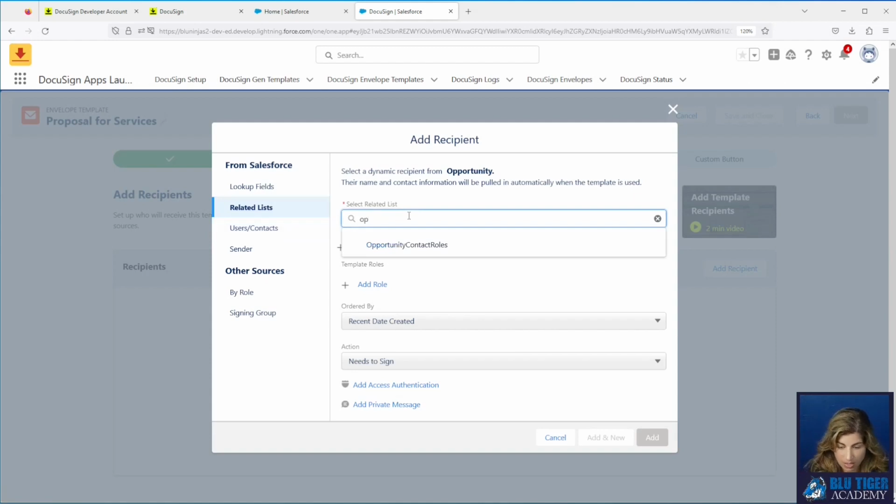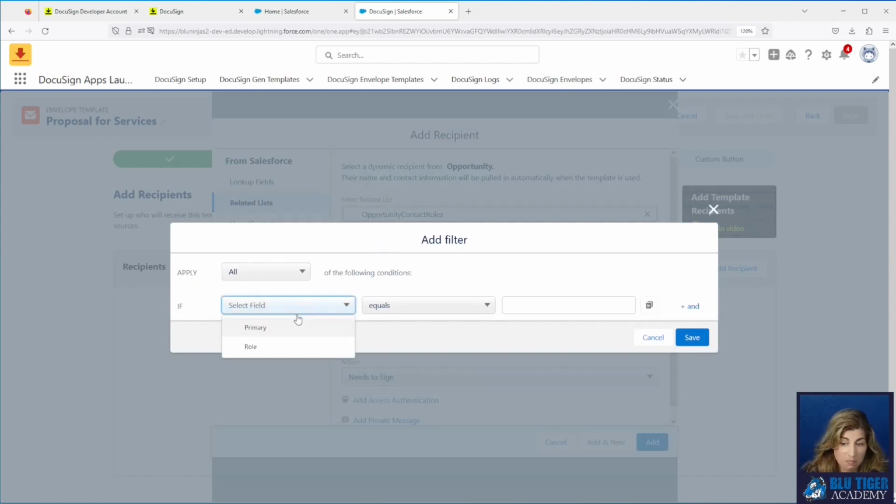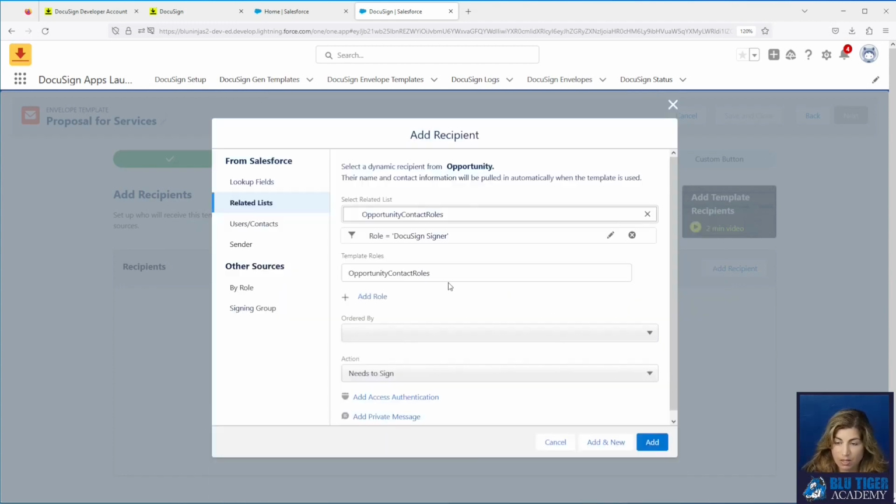So you can select opportunity contact roles, and then you can say, I only want the opportunity contact roles with a role of DocuSign signer to come in here. And then our template role is going to be signer 1, and maybe you have a field on your opportunity contact role that lets the user decide who's signer 1, who's signer 2. So those are some of the more complex scenarios.